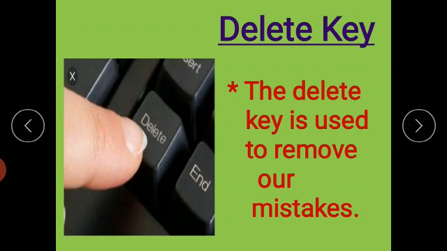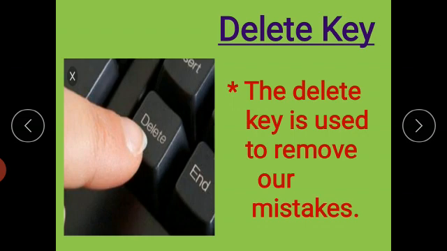For example, if you type computer, so what's the spelling of computer? Computer. But by mistake, you wrote TOR. So you need to correct the spelling now. So children, take the cursor just before O and press the delete key to erase O, and then type E in its place. So you can correct the typing mistake. Are you getting, children? In this way you can correct your typing mistake.